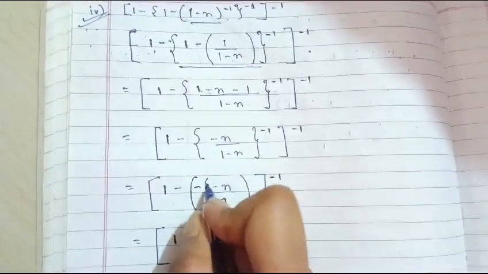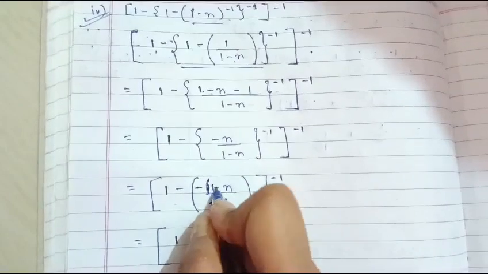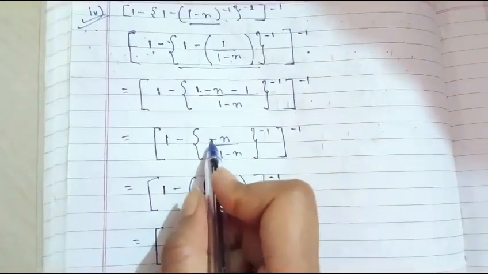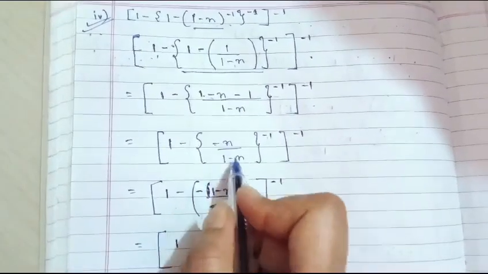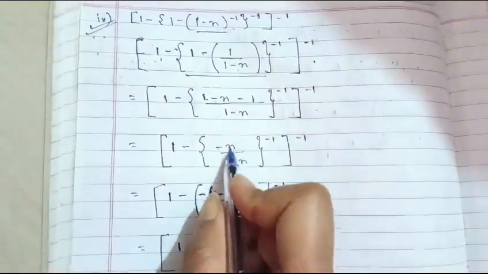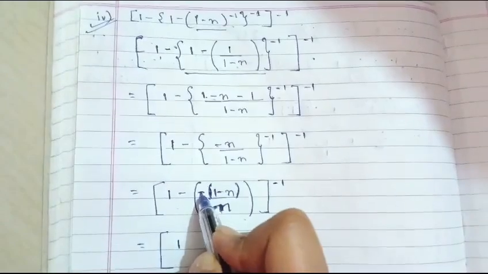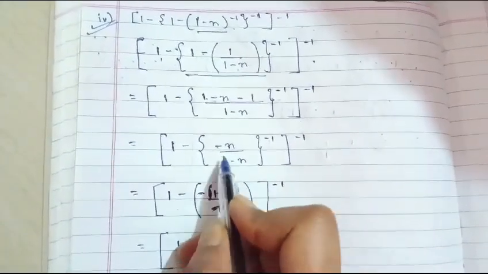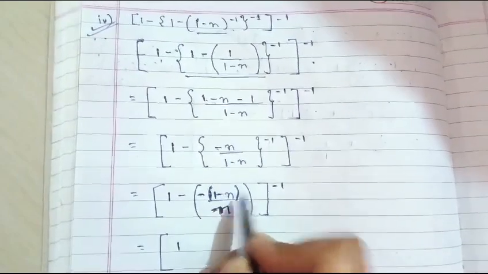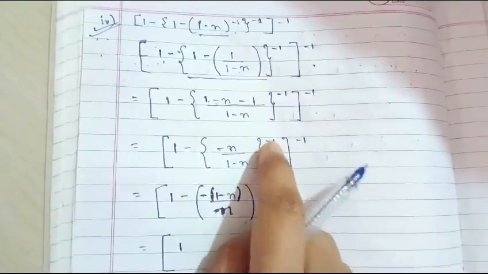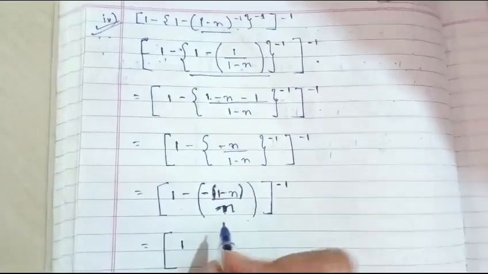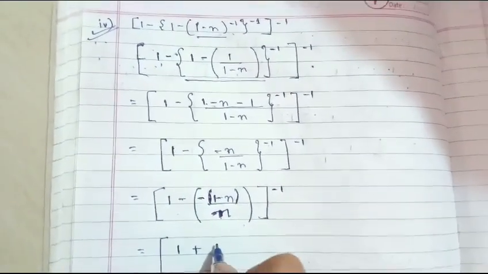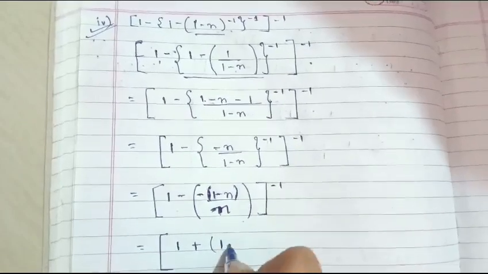For both these values. See, I've just made a small change over here. We had shifted minus n down, okay, but no, we'll just put n down and the remaining minus sign, the left minus sign, that will be as it is, okay, and 1 minus n will be going on top because we are taking the positive power, okay. Now minus minus is plus and you're left with 1 minus n